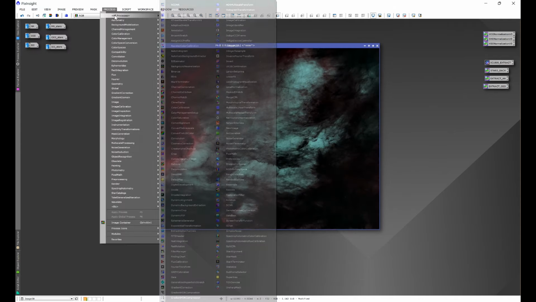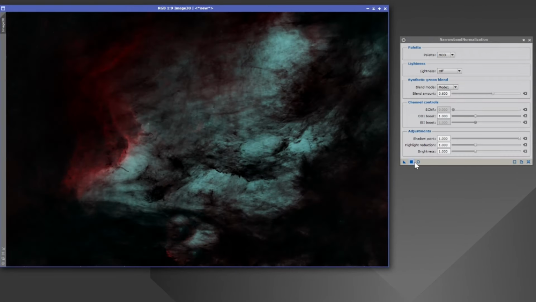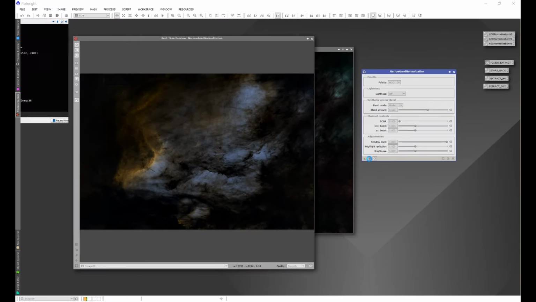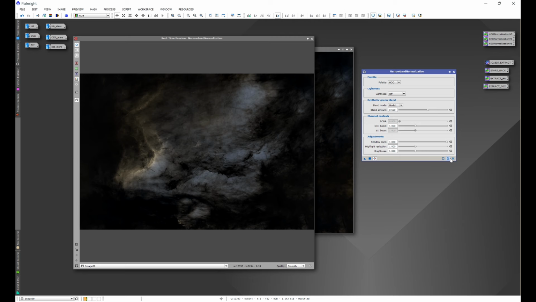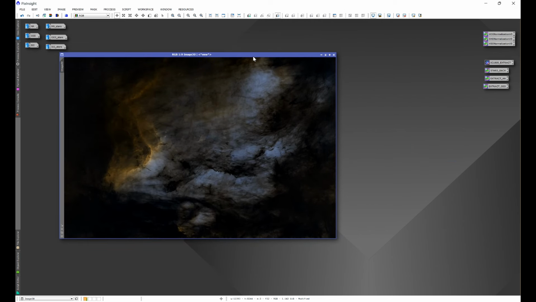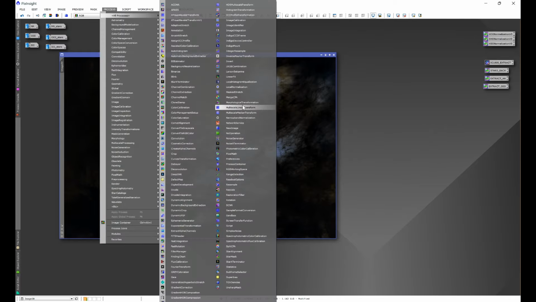Now we'll go into process all processes, and we're going to go to narrowband normalization. Here we have HOO selected, so we're going to go ahead and execute. We'll reset and close out. And then what we're going to do here is go to process all processes, and we're going to go to